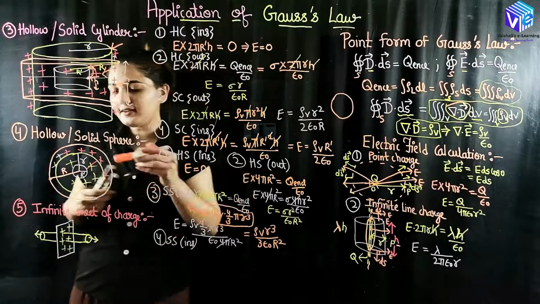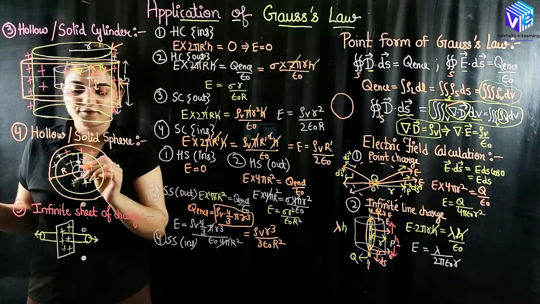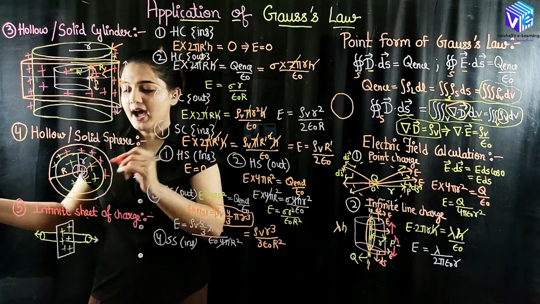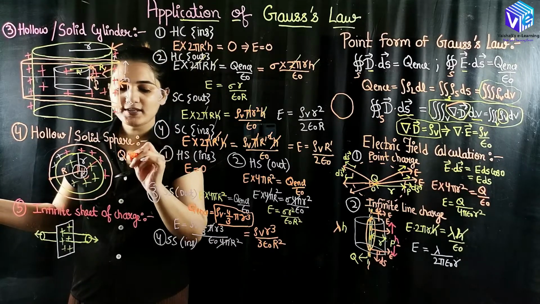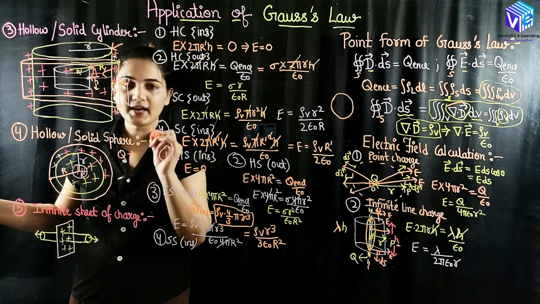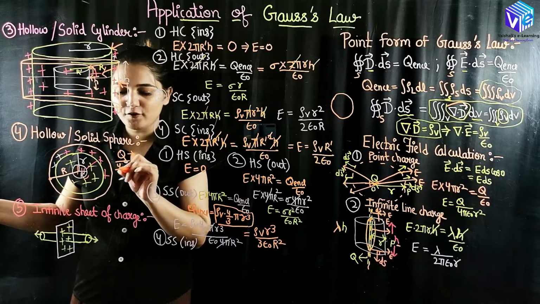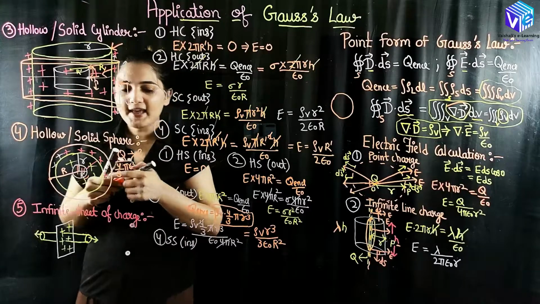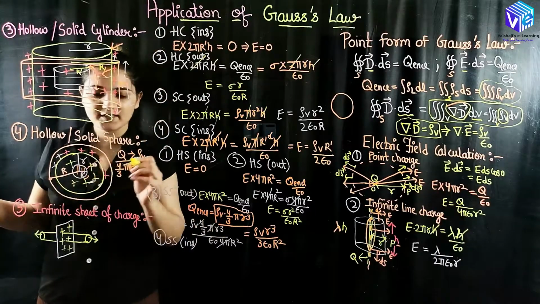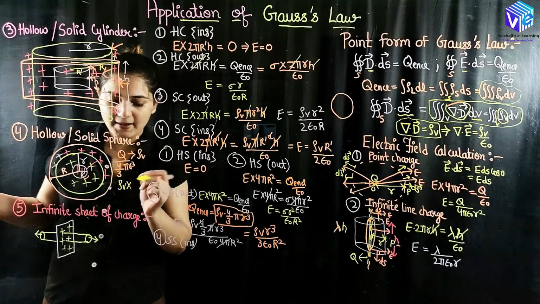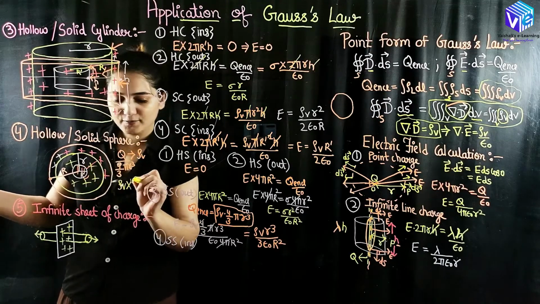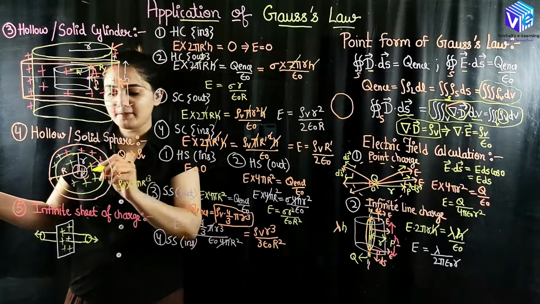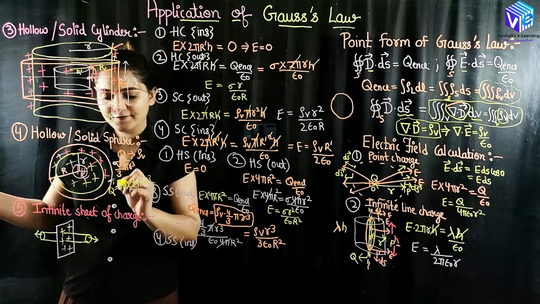Okay, so now I have taken a Gaussian sphere inside this solid sphere. So I have to find out the charge enclosed inside this small sphere. I know the total charge is Q. So Q is given with the help of the volume charge density. So Q upon 4 by 3 pi r cube is my rho v, that I know. So when I multiply rho v with the volume of the small sphere, which is 4 by 3 pi r dash cube, it will be giving me the charge of the small sphere q dash.